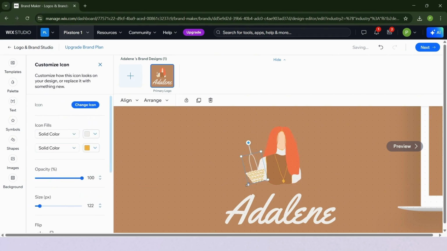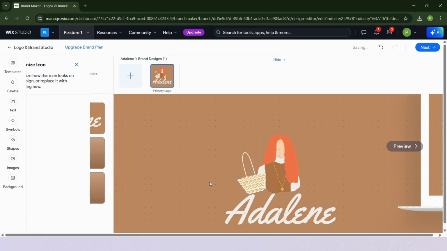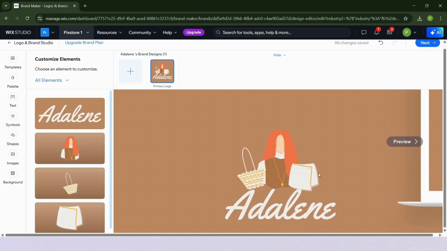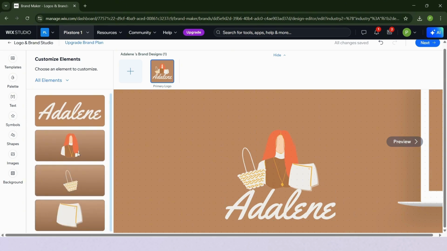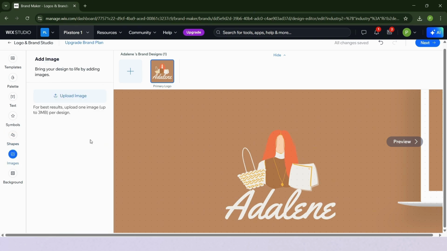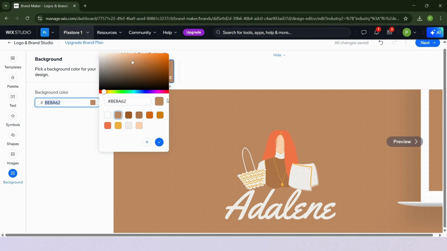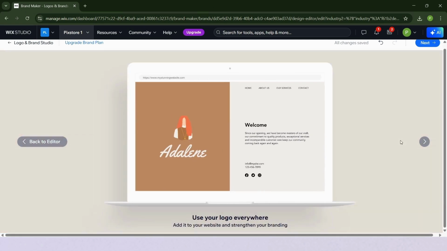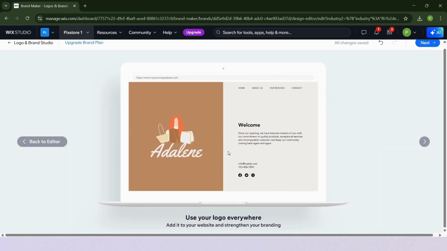Just use your creativity. There you can edit it. You can drag it, anything you want. You can add some shapes right there and some images, or even a background color if you like to change the color of the background. And when you're done, you can click preview to preview your logo